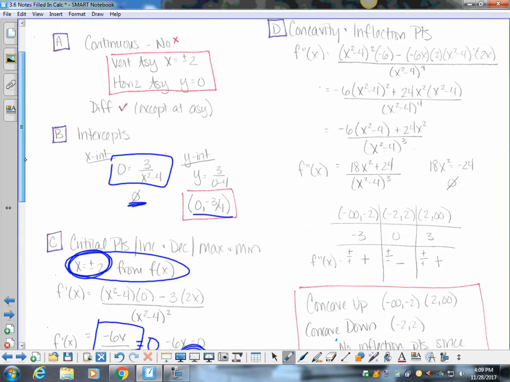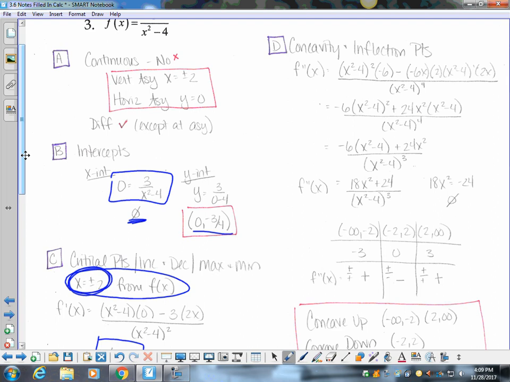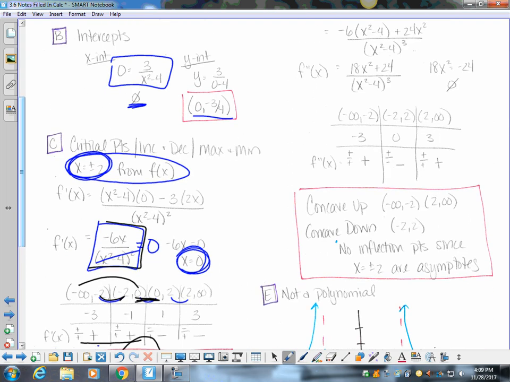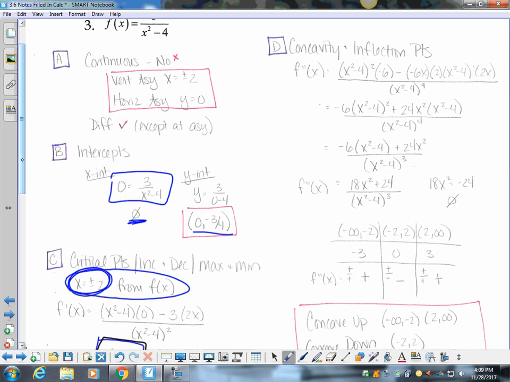Okay. So now we go up here to concavity and inflection point. So now I have to take the second derivative. So I'm going to take my first derivative, which is boxed right here, and I go second derivative on it. And that's just some good old algebra. Watch your signs. Be super careful. There's a couple chain rules in here. I get it down to